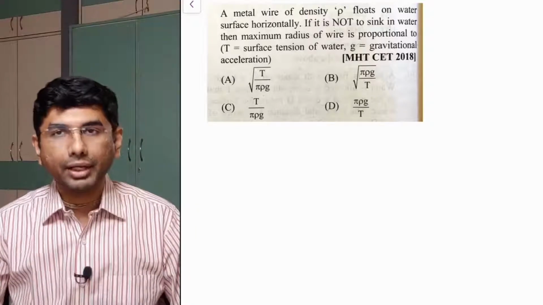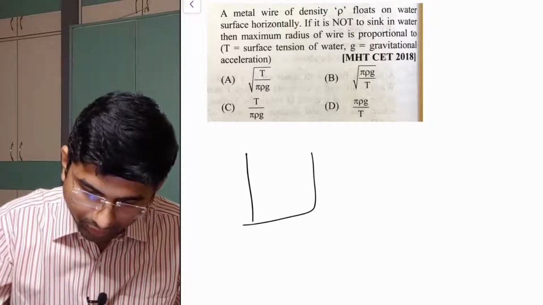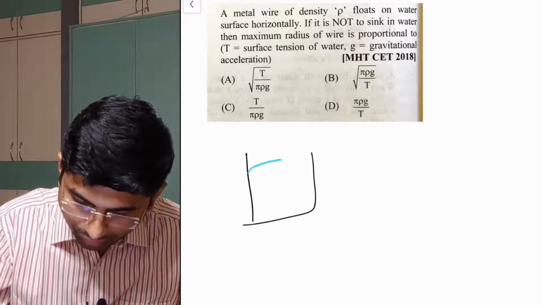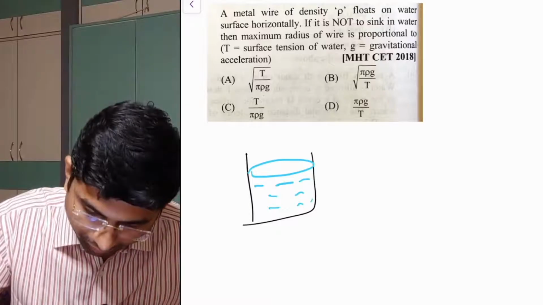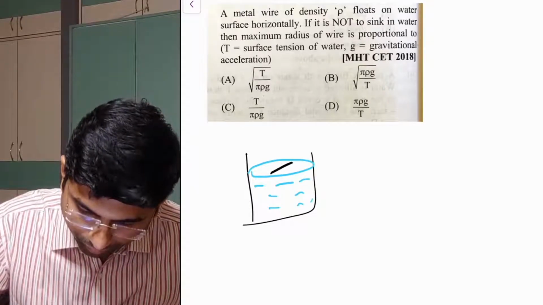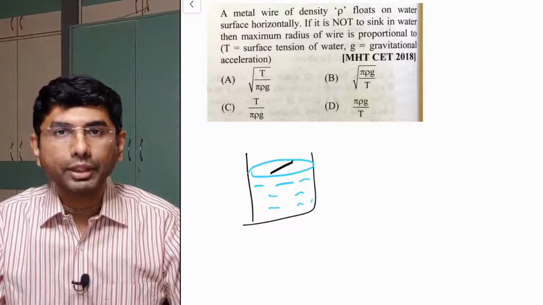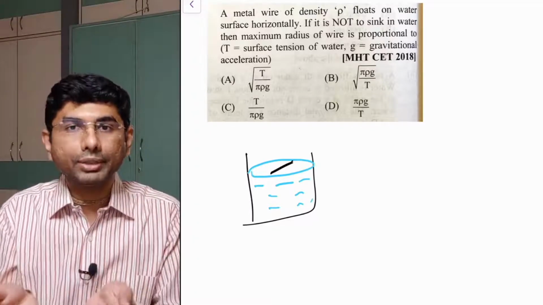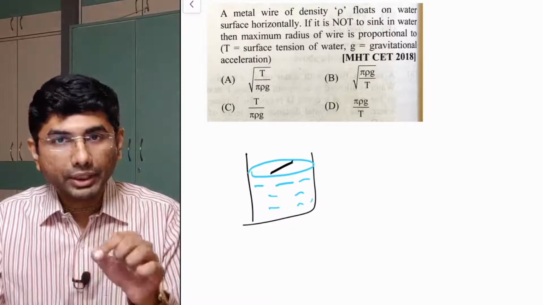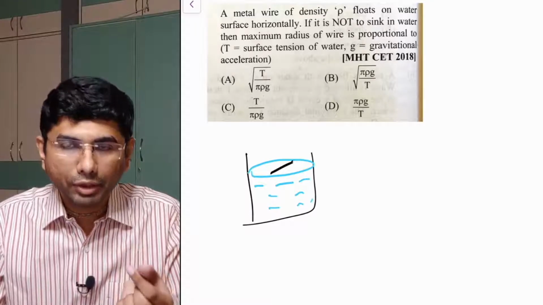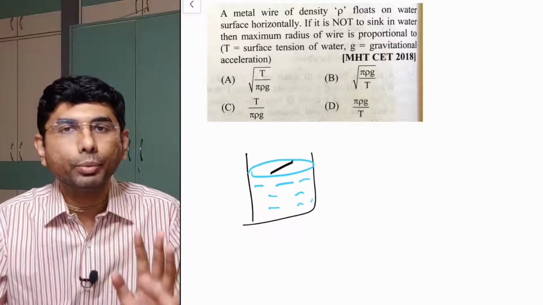Okay, now we have a wire. There is some surface of water. There is some container, inside that there is some water. And on that water we have this wire, a small wire. Now as such, there are two ways to calculate, because whenever we say wire, we take 2 times length. But whenever the thickness is not given, sometimes we can consider the thickness of the wire to be very small. In that case, we can just consider the effective length to be L.